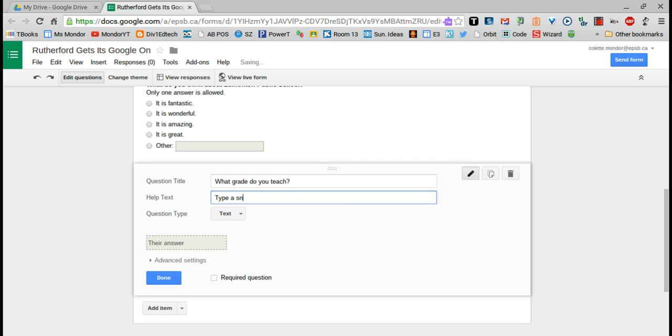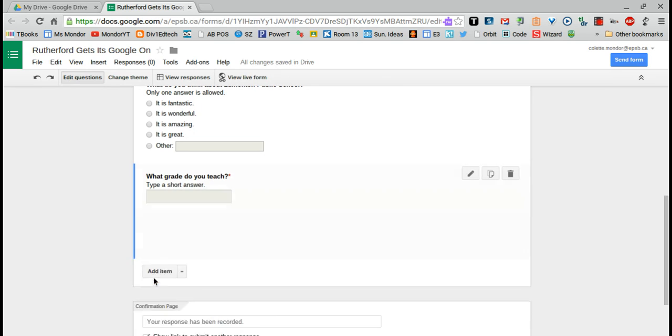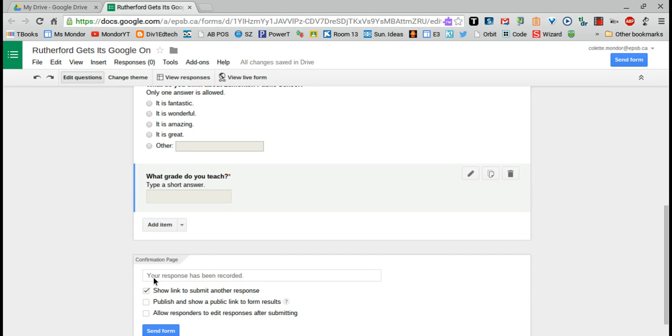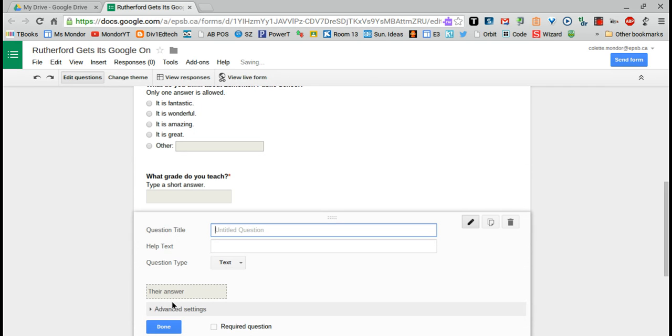Type a short answer is going to be my hint. Okay, I want to make it a required question and I can click Done. Now I'm ready to go on to my next item. Again, if I click Add Item, it's going to default to the item that I just had selected, which is